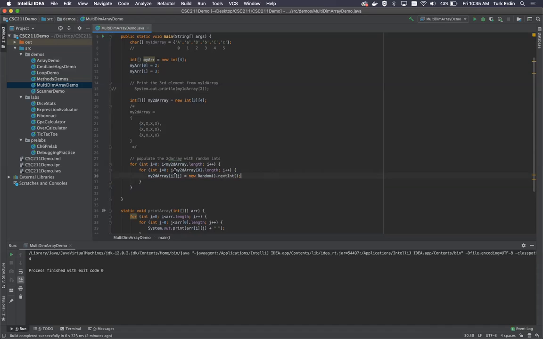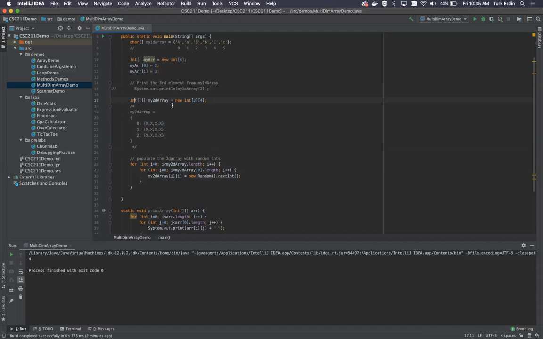The reason why we do my2DArray[0].length is because each inner array in this multidimensional array is going to have the same length. We always know there's going to be at least a 0th index. So from this outer array, what this line says is: in my 2D array, grab the 0th index array, and I'll actually put indices here so we can see. Grab this 0th index array, and I want to know what the length of that inner